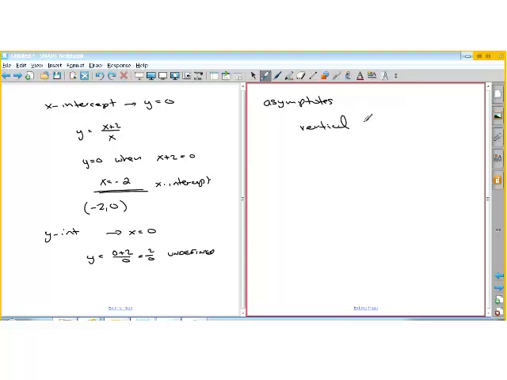So we have vertical asymptotes when the denominator is 0. So when does that happen? The denominator equals 0 when x equals 0. So this is a vertical asymptote. And a horizontal asymptote,